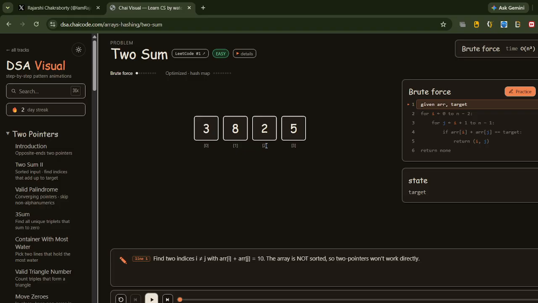Now, let me tell you how we can solve it. The first approach will be the naive approach, in which we use two nested loops. To find two indices i not equal to j such that arr[i] plus arr[j] equals 10. The array is not sorted, so two pointers will not work directly here. It's a basic concept, right? So if I start the animation,